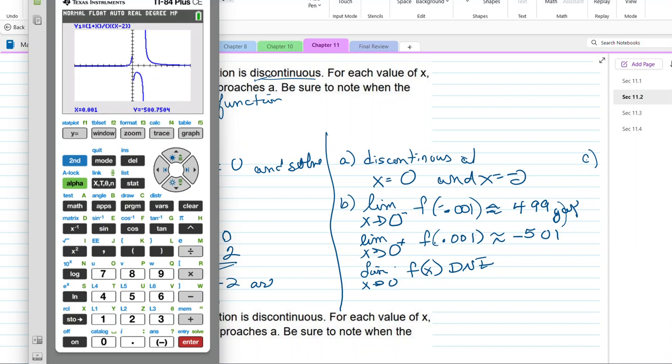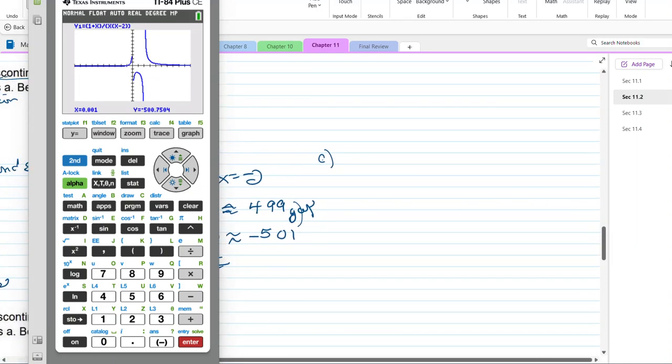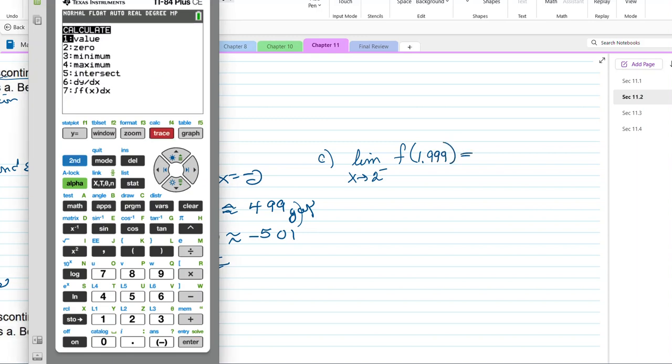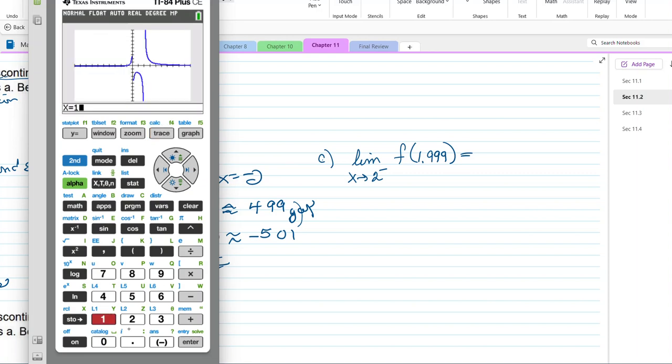And I'm going, what? So now we want the limit as x approaches 2 from the left of f, and we're going to put that number as it approaches 2 from the left. We're going to make it 1.999. All right, so we're going to do a second calc value, 1.999. Very close to 2, isn't it? And it's a negative